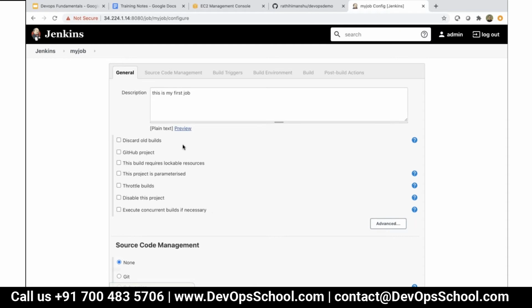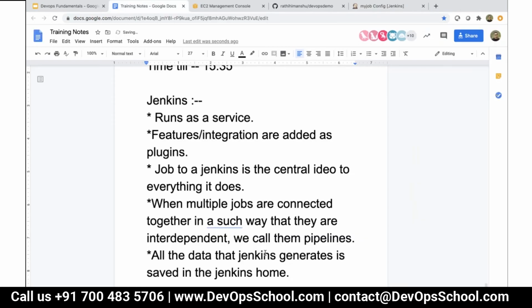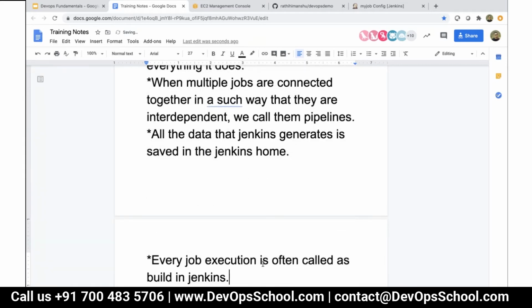Now every job execution is often called a build in Jenkins language.